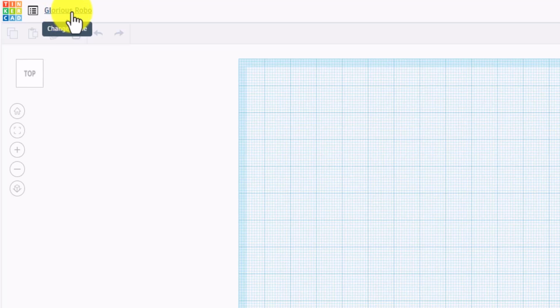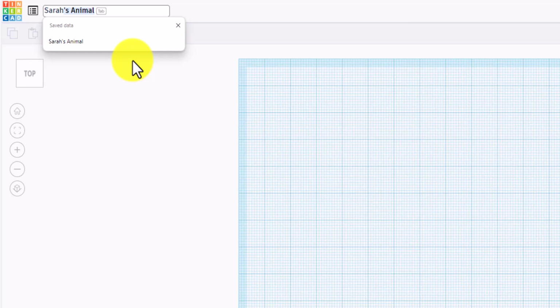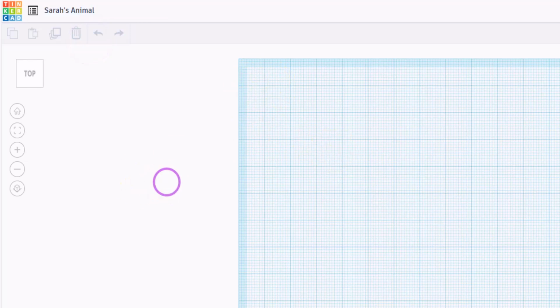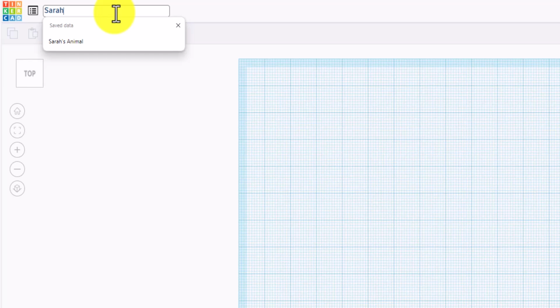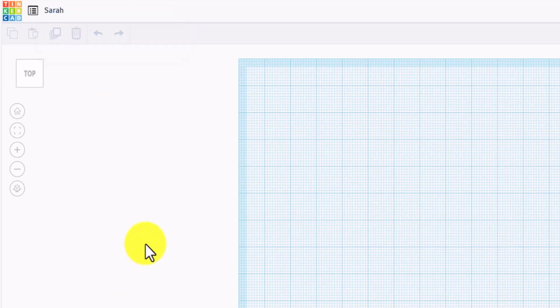Glorious Robbo is not the name that I've saved my work as, and I don't really want to. So what you can do is, I do like TinkerCAD for coming up with funny names, but if you don't want to save it as that, you just click on it. Sarah's animal. So you can see I've created an animal before. And then when you click off it, it will save your work as that name forevermore, unless you want to change it. Okay, so that is getting started on TinkerCAD,